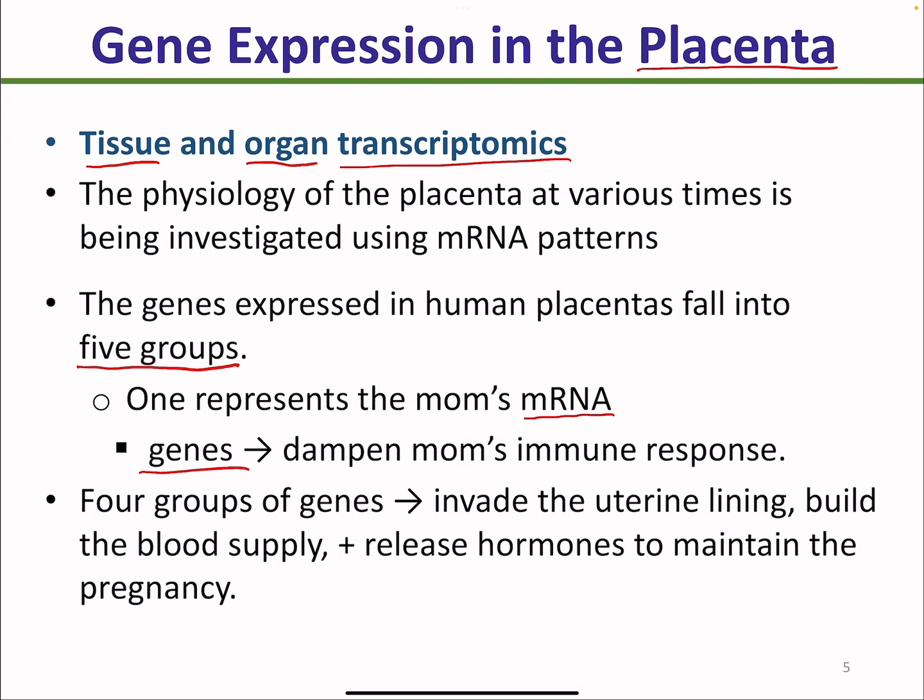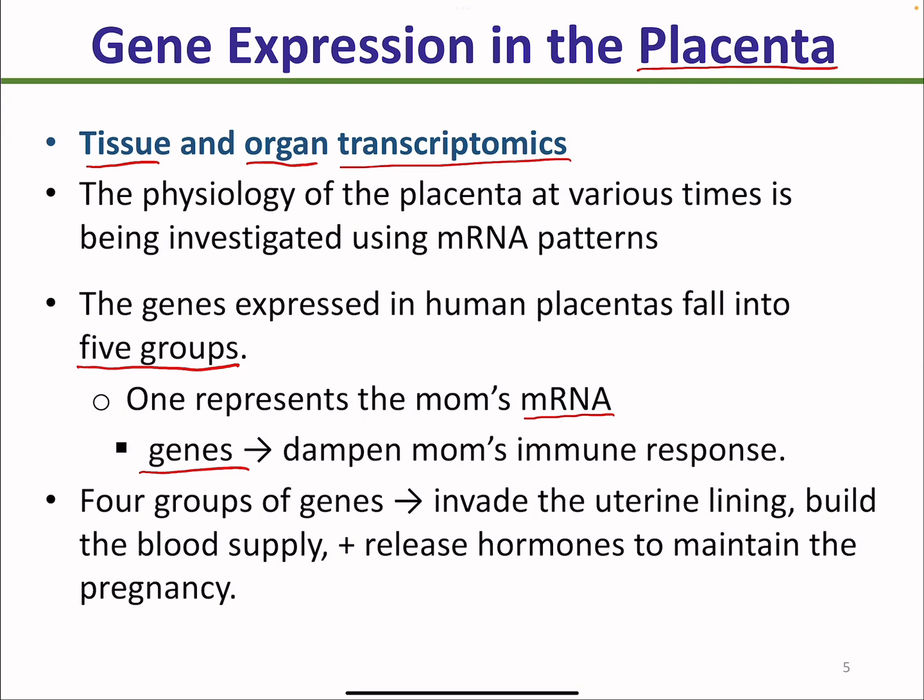Otherwise, the 4 other groups of genes are genes that are going to allow the implantation of the fetus, the nourishment of the fetus, and also the release of hormones that allow mom to maintain pregnancy. So basically, the newly developing organism is going to run a number of genes that are going to express so that mom can tolerate pregnancy. So actually, when we think about that, there are really 2 levels of actions that allow mom to maintain pregnancy. One is that mom herself